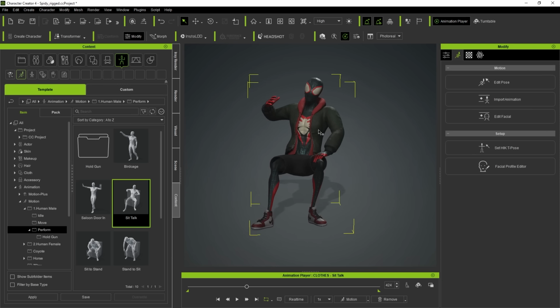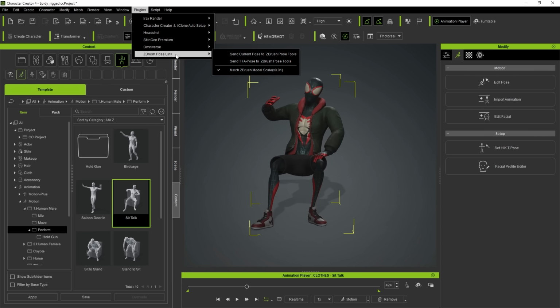Maybe I'm happy with this. Now I can just go ahead, and in the plugin section I have this ZBrush pose link. So this is what I was talking about. If you have Character Creator 4, you can install these ZBrush pose links, and you can just go ahead and send this pose directly. So I'm going to leave this match ZBrush scale to 0.01 again, because I'm going to